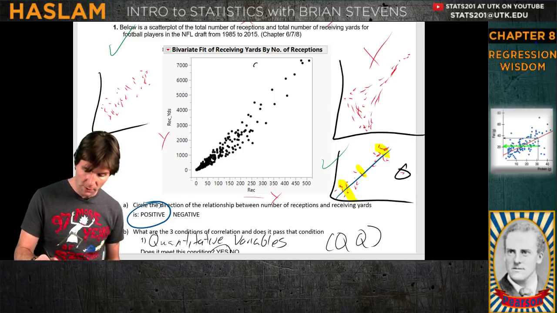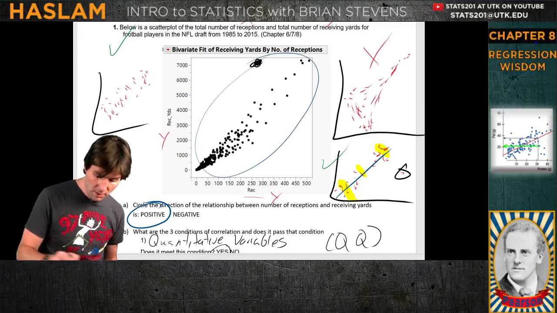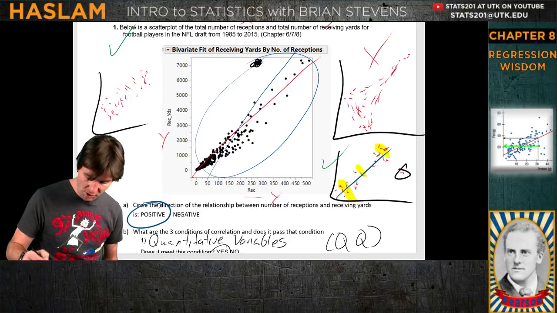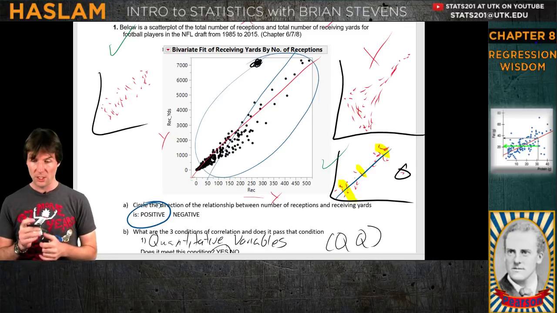If you were to put a point over here, because this is 201 at the moment, this would definitely make it weaker, and then the slope would change and go up a little bit higher, but the correlation would be weaker because it's bulging it out. The strength of the correlation is how tight it is.